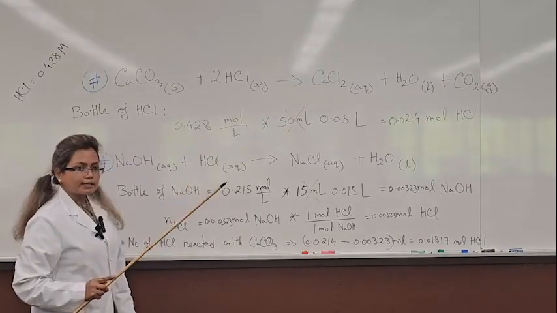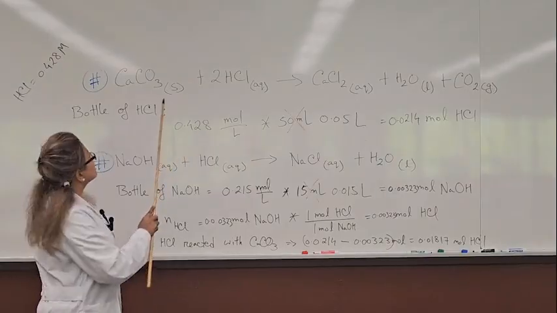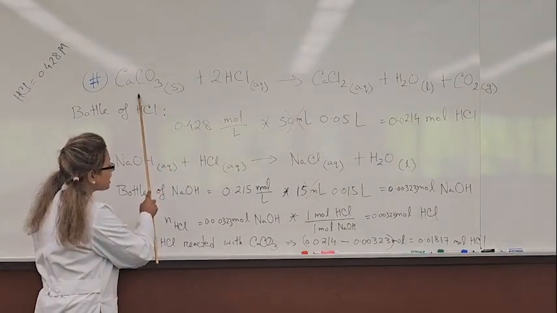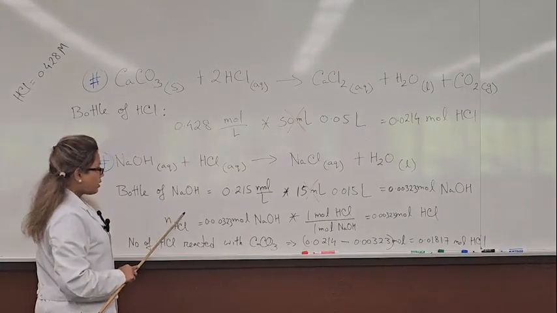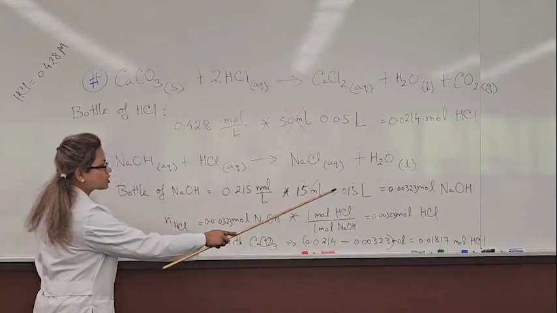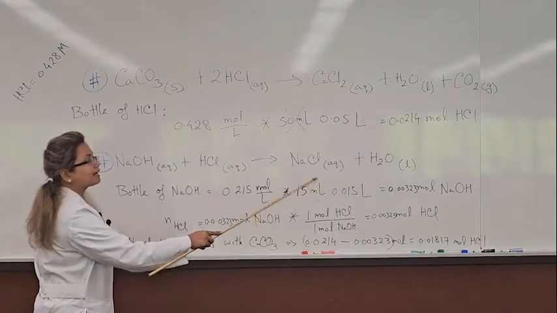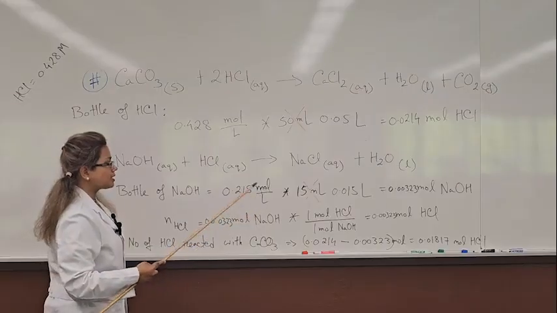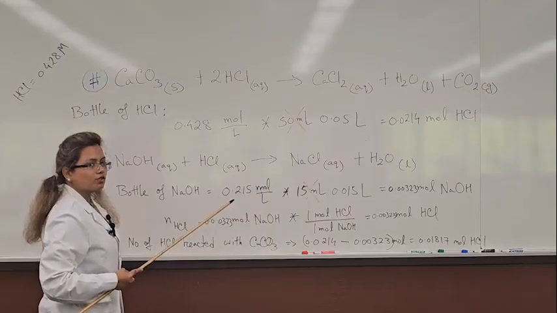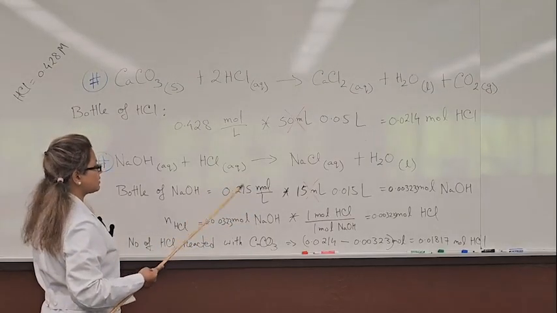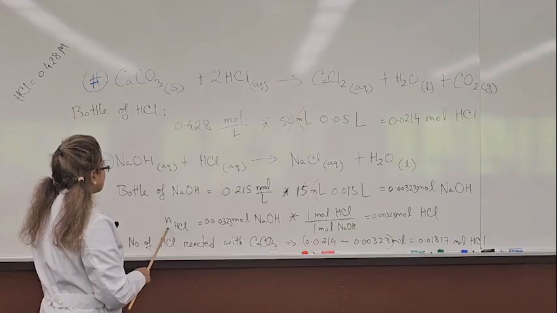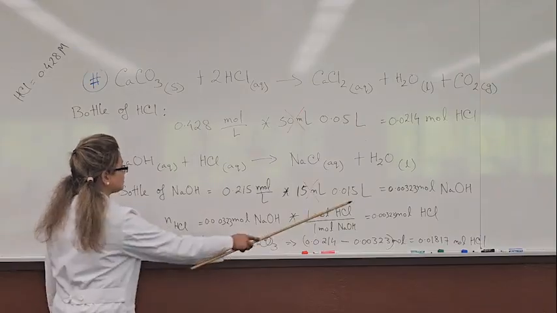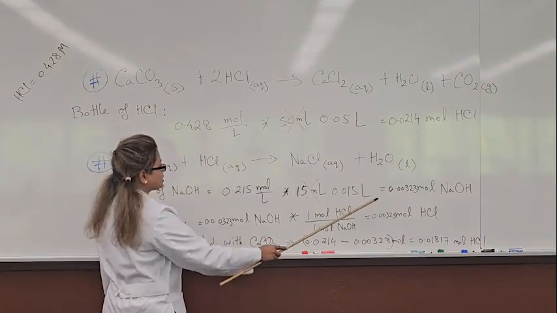Because the hydrochloric acid reacts with the antacid, and it also reacts with sodium hydroxide. This part, I know how many moles of sodium hydroxide I have used in this experiment. Now my work is to find out how many moles of hydrochloric acid I have used to react with sodium hydroxide. So how can I find the number of moles of hydrochloric acid?